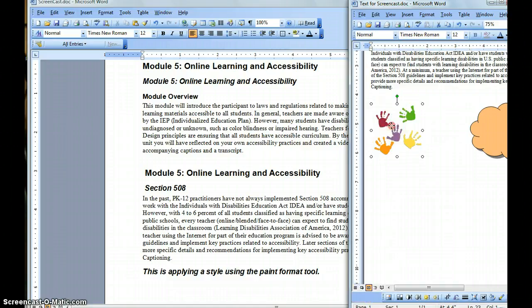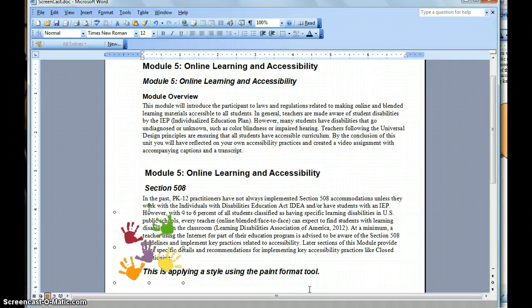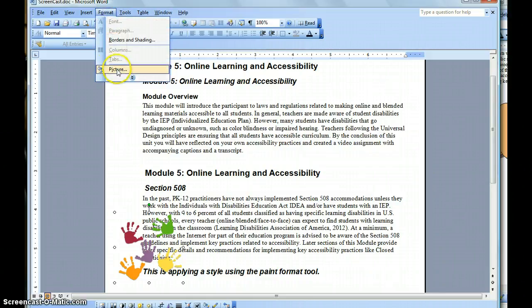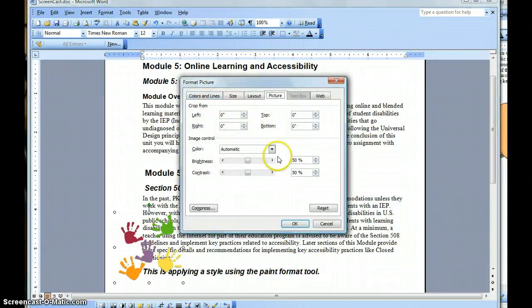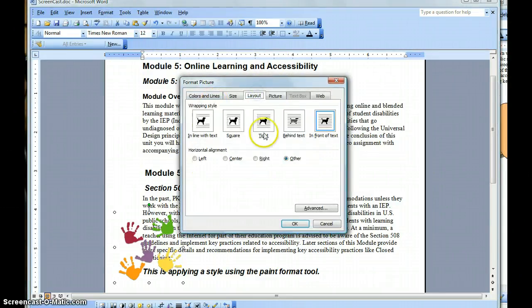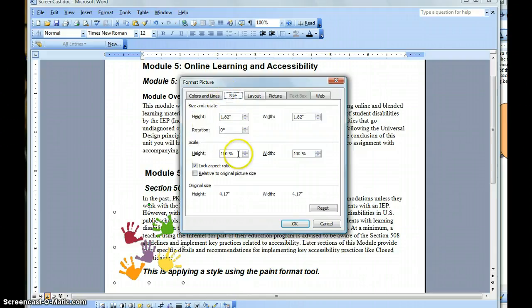Okay. The other thing I'd like to go over with you is how to format pictures. If I select this picture here and copy that over to my document here, I can make some changes to the format. So I definitely don't want it sitting up here. So if I go to Format Picture, I can do some things here. One, I can basically tell it that I want it to be centered on my page, maybe tight around my text. I can also size it down to maybe 75%